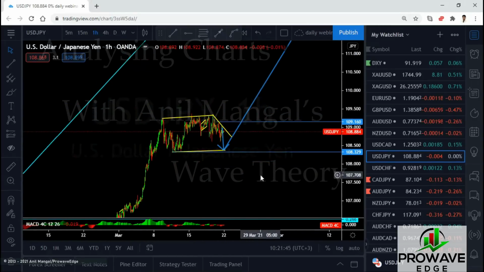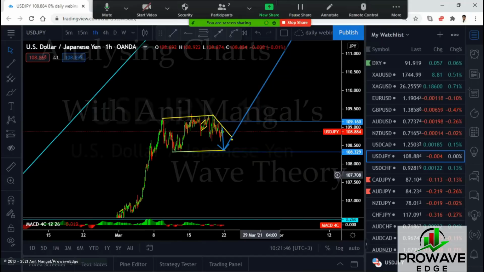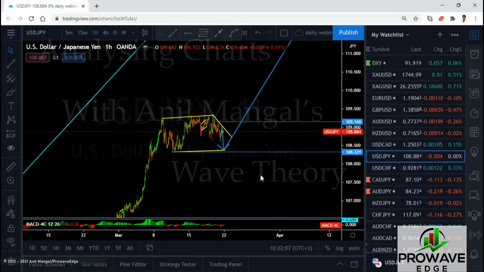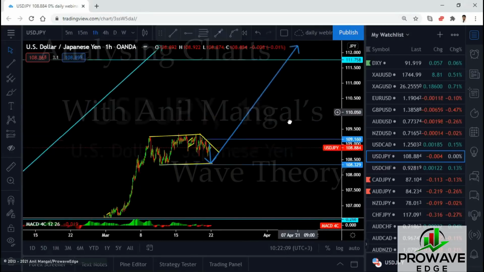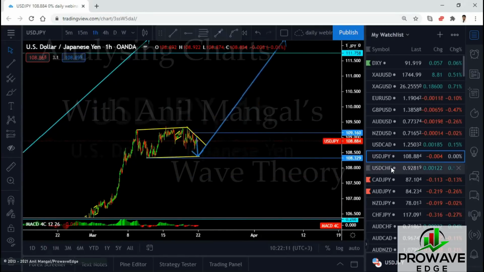It might be a little more complicated than this. Let me just warn you, it could also be that this makes a bigger correction, goes back up, comes back down, and then goes. But if you get a buy here, by the time it gets to the top, you would get break even. If we see that this is not going, they come back down, ignore it, look for the buy again. This is just a big correction. It's a running flat, so it's almost guaranteed to go up. This is like 99% they're going to go up.